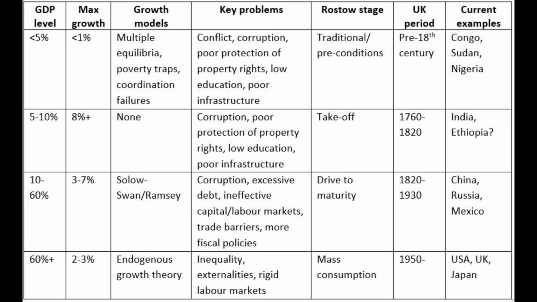And the key problems in this phase of growth include inequality, externalities, and rigid labor markets, all of which seem to put significant stress on political and social and economic systems in developed countries, and are still ongoing issues. But note that they're generally somewhat different from the key barriers that are present to middle-income countries, which are different in turn from those that are present to low-income countries. And the type of growth theory that we talked about here was endogenous growth theory, which, remember, is about how technological progress can be understood to emerge from people's decisions, investment. And the UK entered this period roughly, I think, in the 1950s, just after World War II and the recovery period.